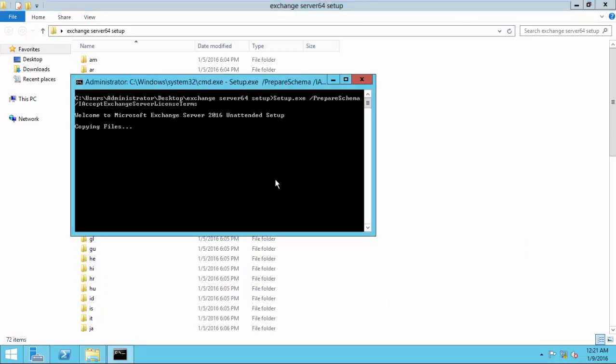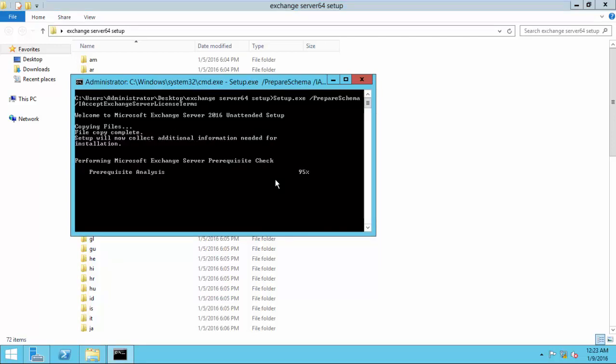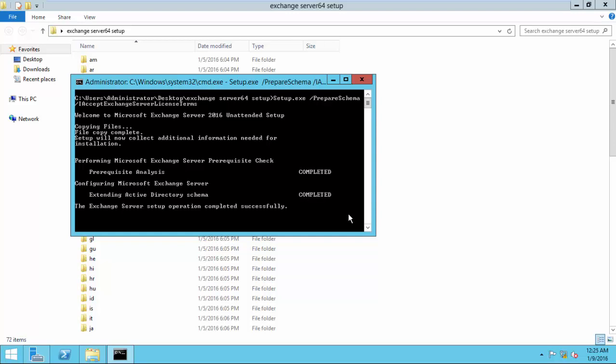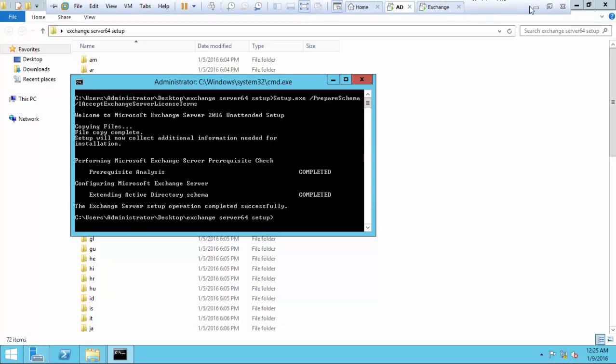Here paste the command. So the schema preparation is extending the schema.